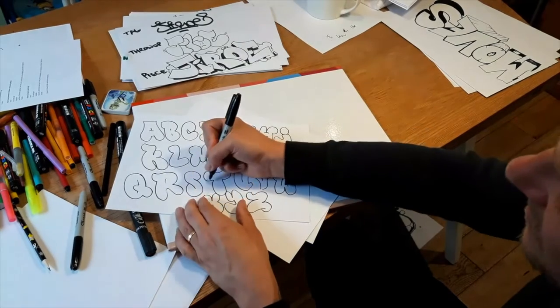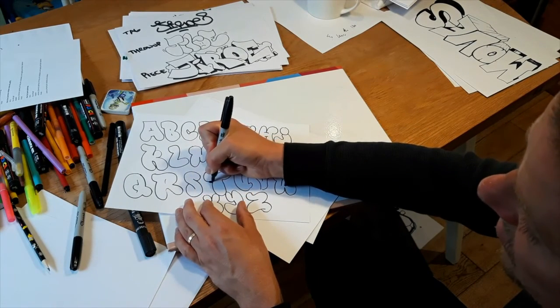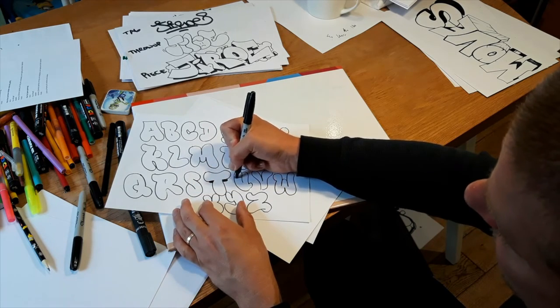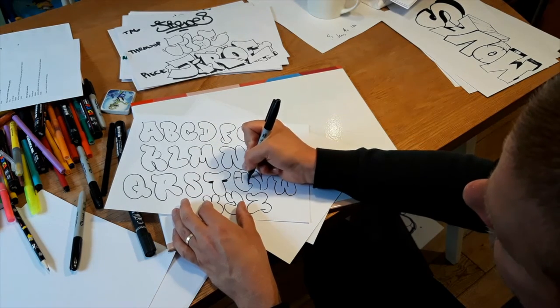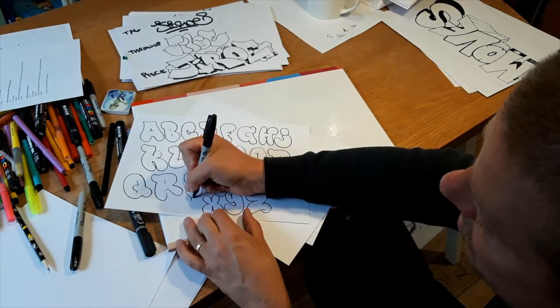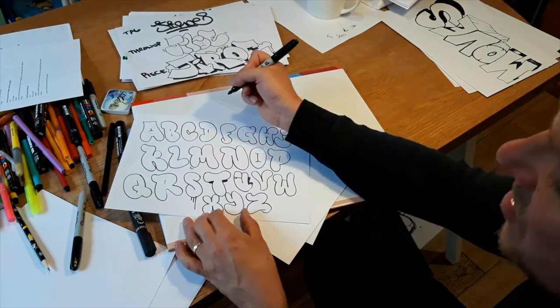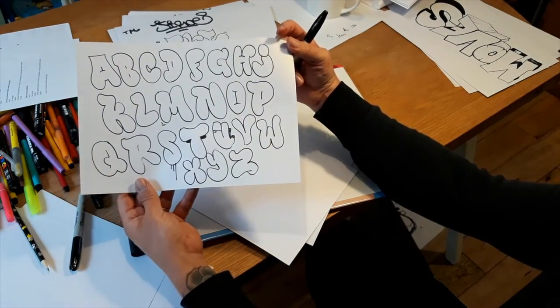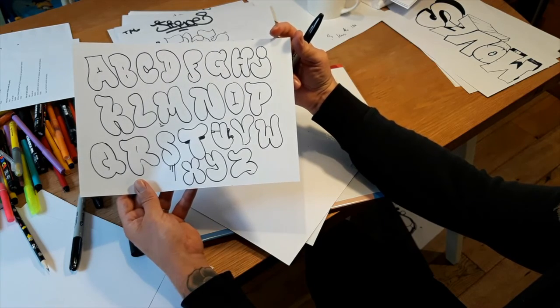You can still add all of those effects like you've been learning in the other workshops, whether that's putting 3D on the letters, little lines and cracks, little movement lines, drips coming off. All of that stuff can still be done to these letters to make them look really fun and interesting. So definitely go home and try practicing your tags,